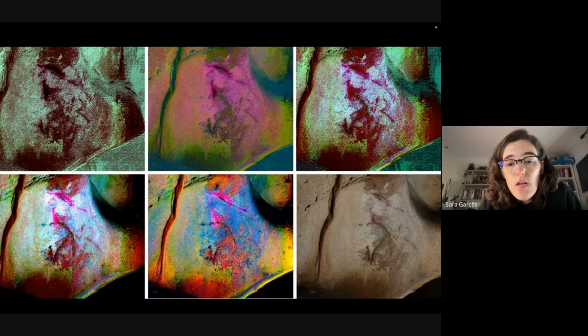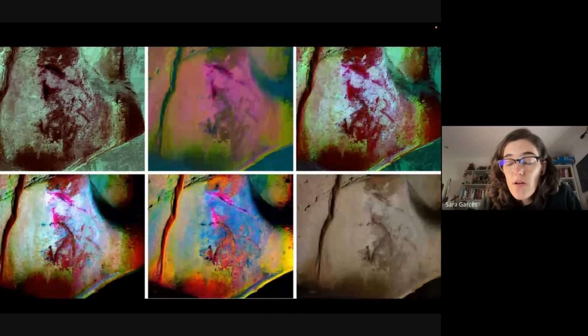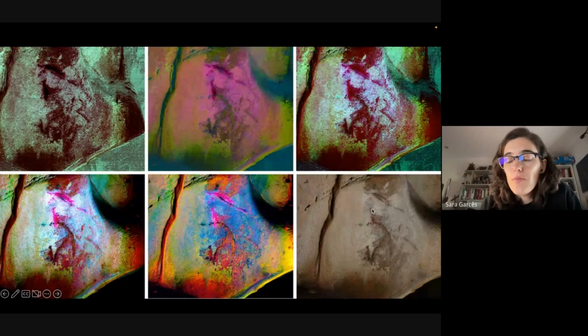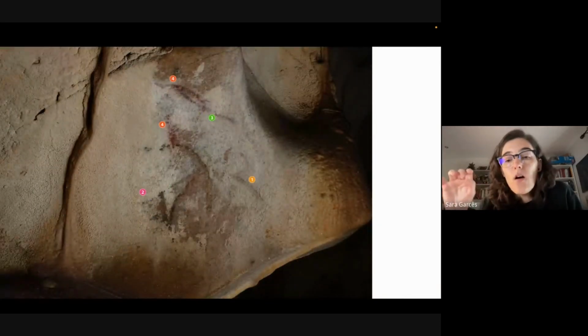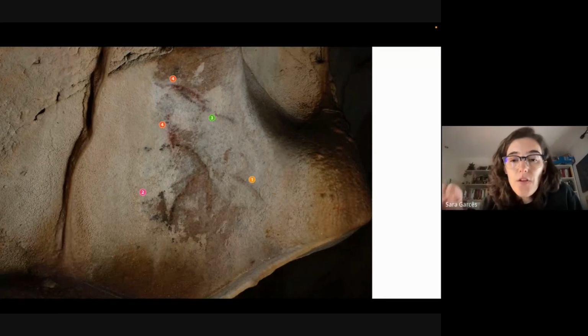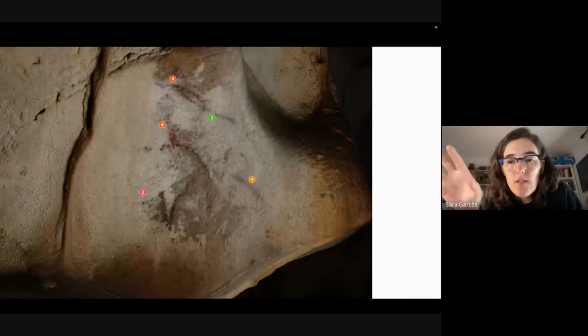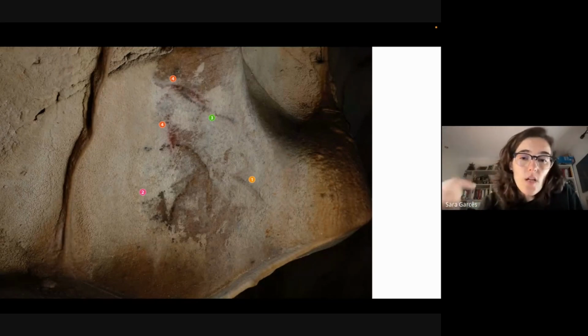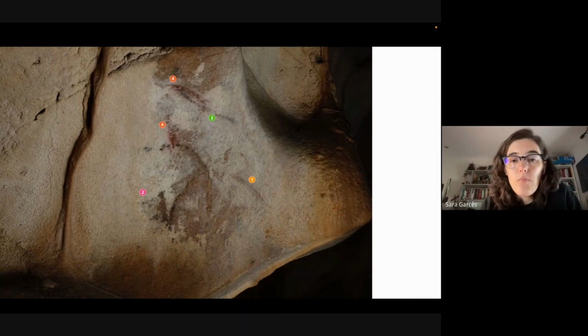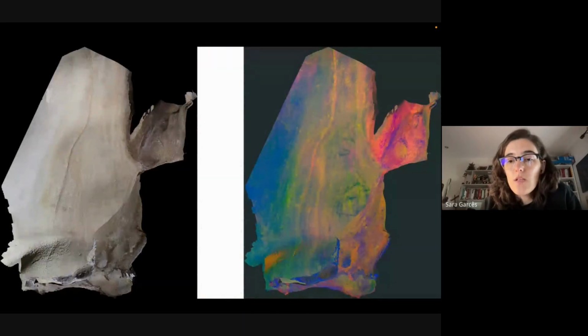This is an example of a panel that has different colors. There's the back part of a horse in black, then you have red lines on the top, there are different pictures. So we also have to be aware of different figures and try to understand them one by one, and what is the dynamic of the panel itself. I didn't finish this panel yet, but I'm pretty sure there are engravings on the top. So after working on the paintings, I'm going to have to apply some different techniques for drawing the